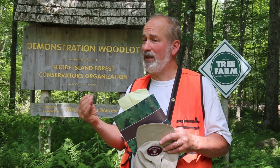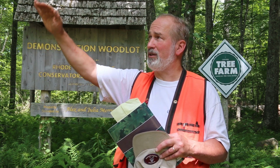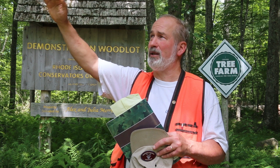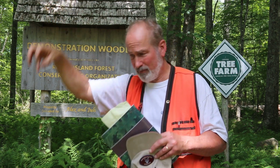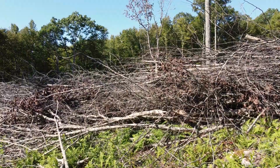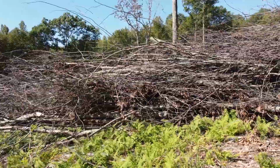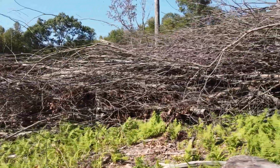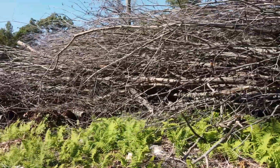This slash wall only has to last for a few years until the regeneration, the stump sprouts and saplings get above a certain height that the deer can't chew the tops down. And so after several years, this slash wall will slowly decompose to a point where it'll just be a bunch of rotting sticks rotting into the ground. Hopefully this will help limit that deer browse damage in the future